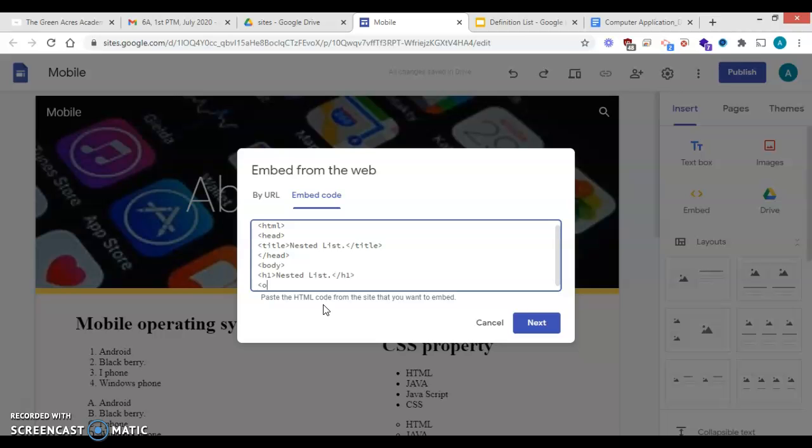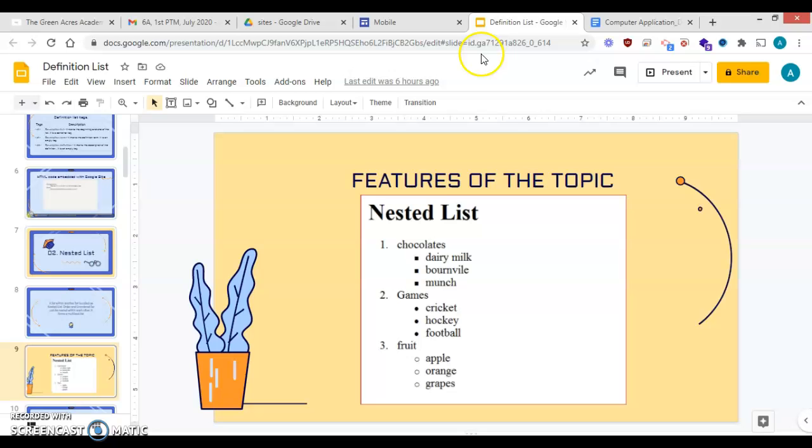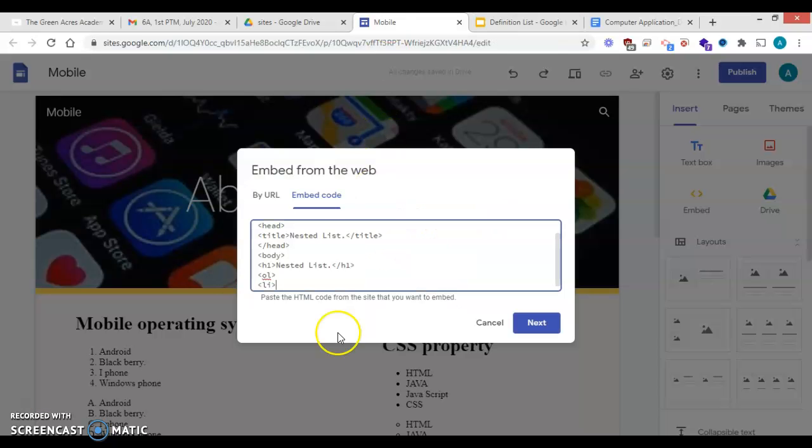Now OL, we all are aware, OL stands for ordered list. I'm not giving any of the attribute called type, because by default it will be number type. Now what is the first thing over here? LI. LI stands for list. First I'm giving chocolate. Now under this particular part I will be giving UL. UL stands for unordered list. I'm giving type as square,